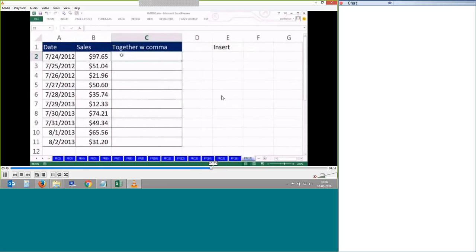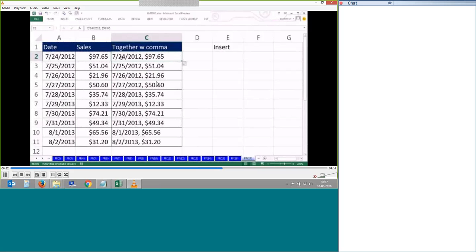Yeah, now here the insert concept. Whichever is not there, that we can insert. Say date 7/24/2012, comma is inserted, nowhere comma, inserted, and the $97.65. So that insert concept it supports. So insert. The next one is